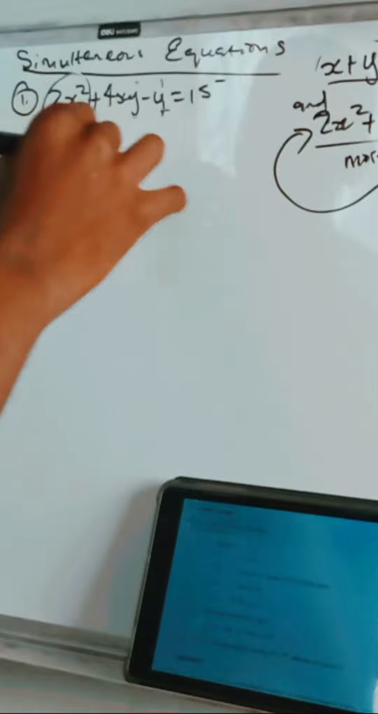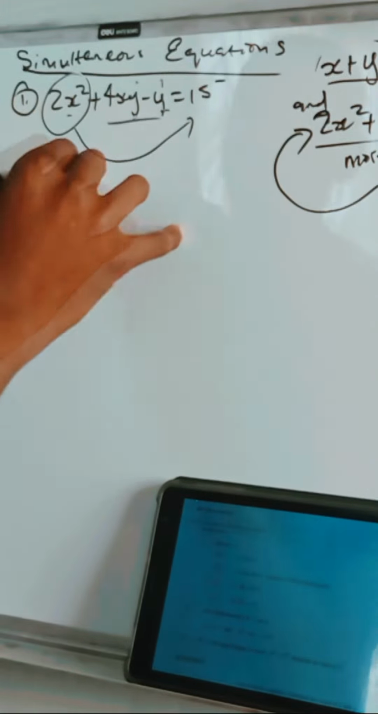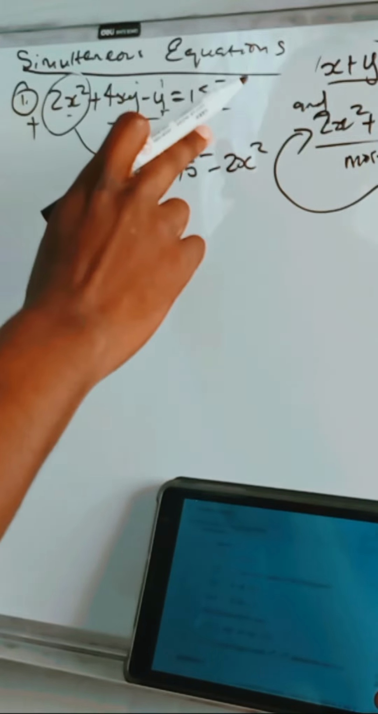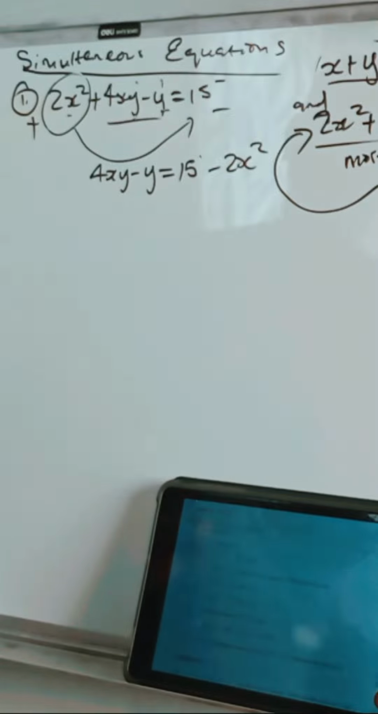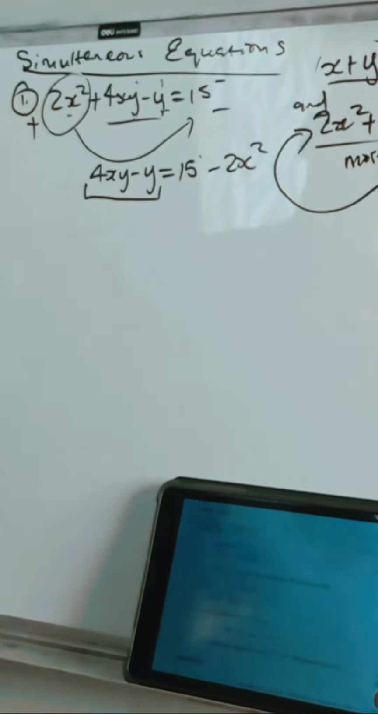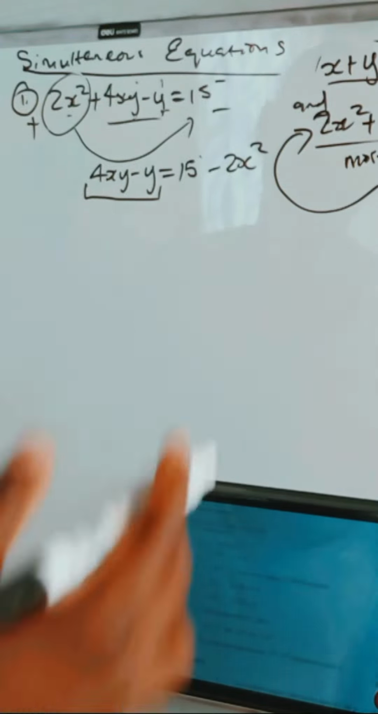After realizing that, it means we move this one to the other side. After we move this one to the other side, it will be like this: minus 2x squared. Sorry about that. 15 minus 2x squared. What you see here is that this side now has a common factor. Once it has a common factor, now you can factorize your equation. So how can you factorize this one is that maybe break it down. Here we are trying to